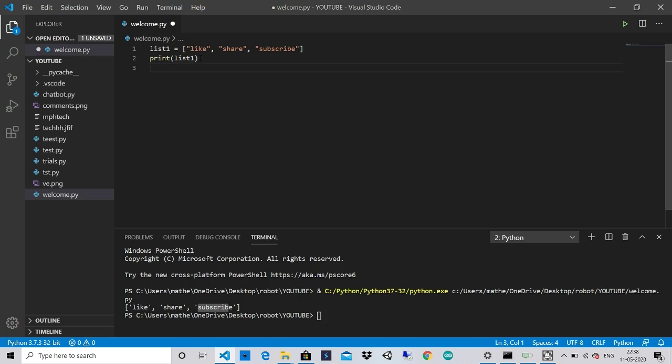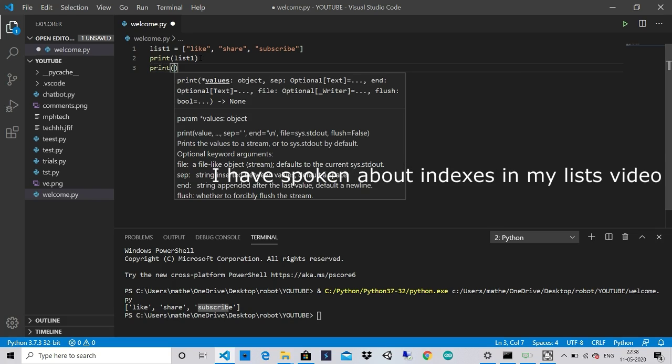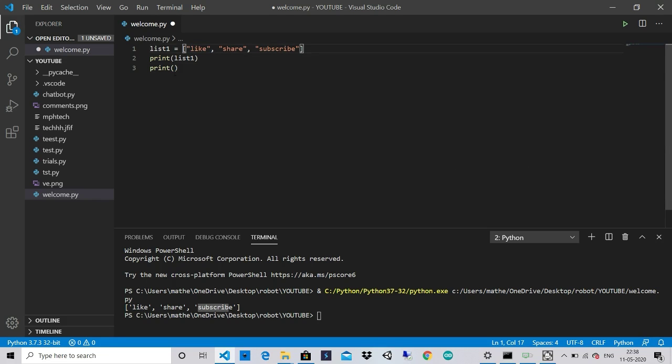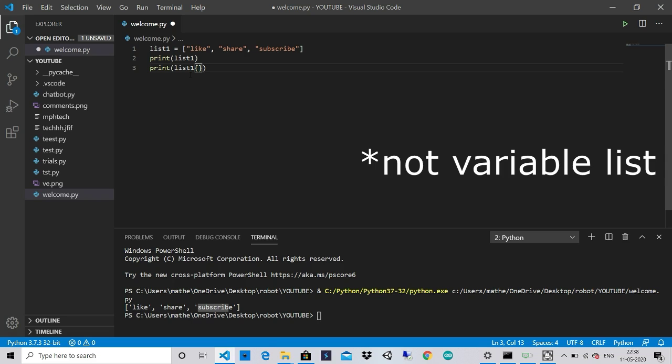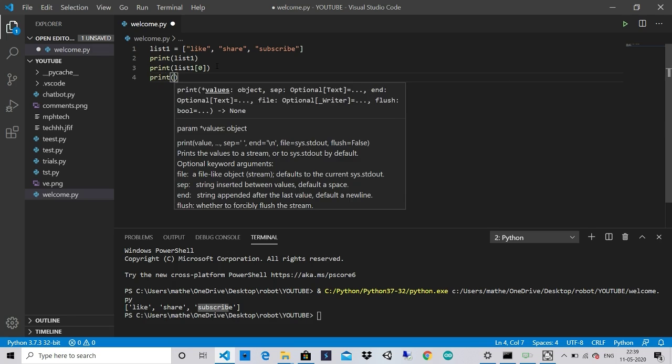To do that, you use indexes. I've also made a video explaining what indexes are. Indexes are used to print a single word in this. So what we do is type list1, the name of the variable, and then make box brackets again. In those box brackets, we type 0 for the first word, 1 for the second, and 2 for the third. So let's just write print again